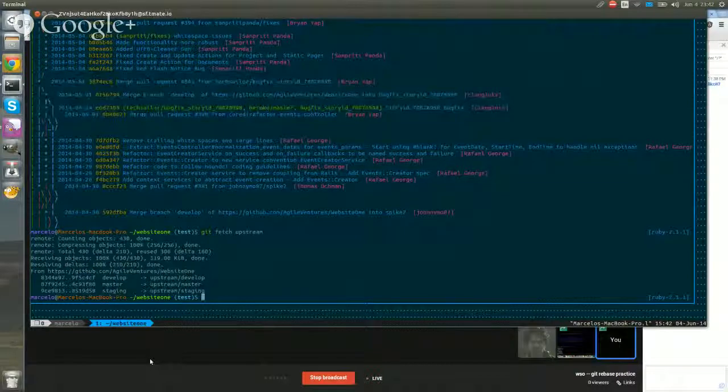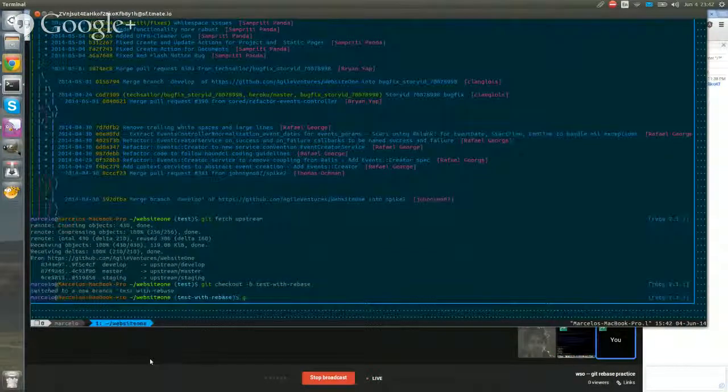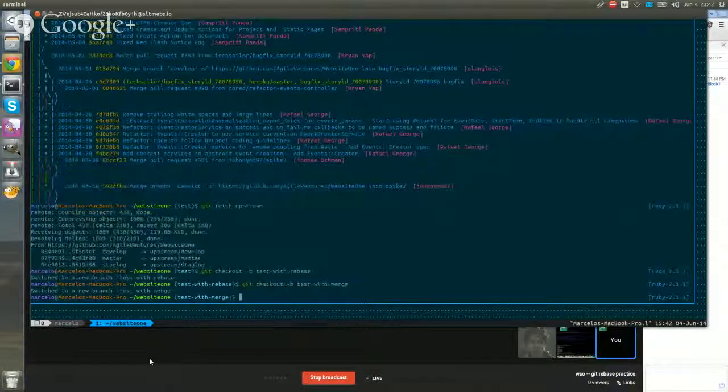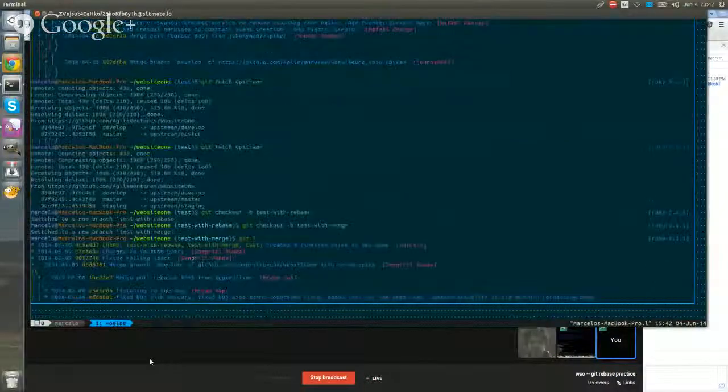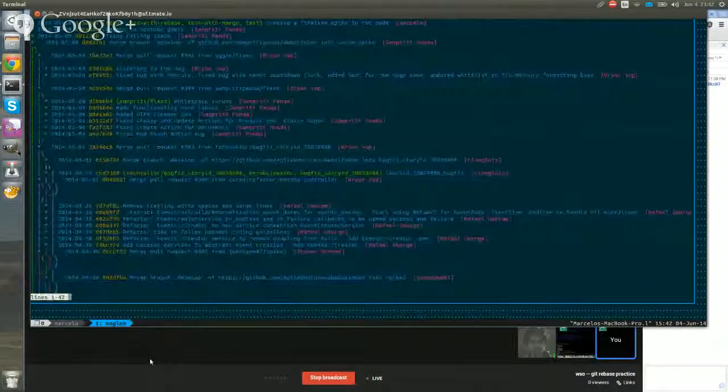Let me create a new one, test with rebase. Let me just create a new one called test with merge. Sorry, you can delete all these branches when I'm done.